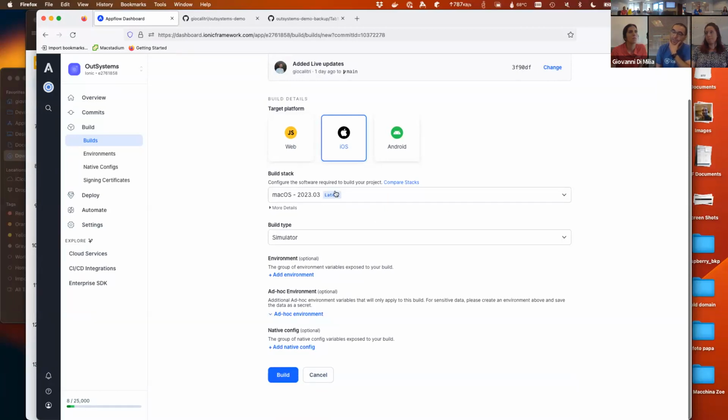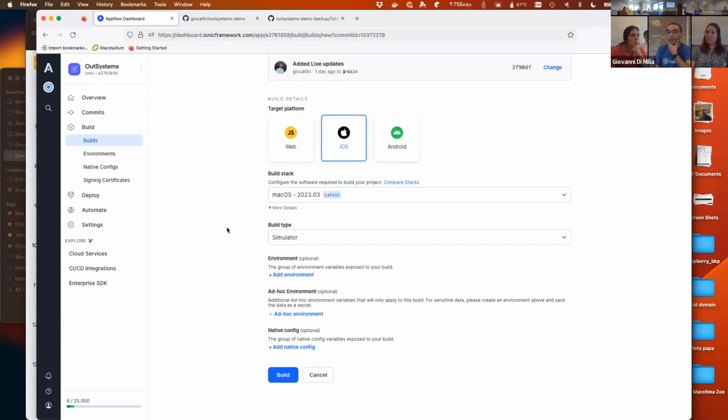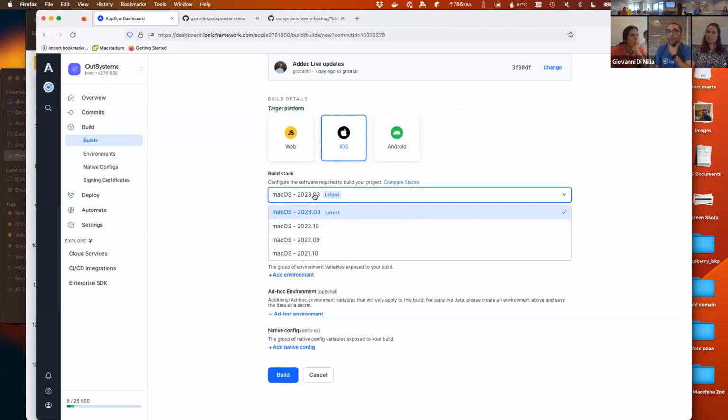Something to notice is that you have different build stacks. Build stacks are basically the environment where the app is built, and they are maintained by us and immutable, meaning we promise that once we create one, it will not change for 2 years, and after 2 years we will retire it.